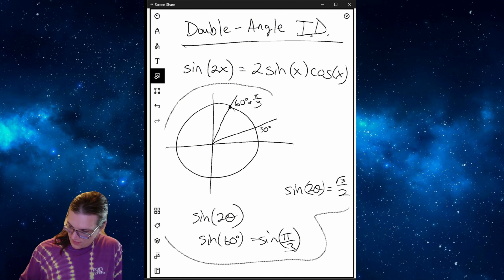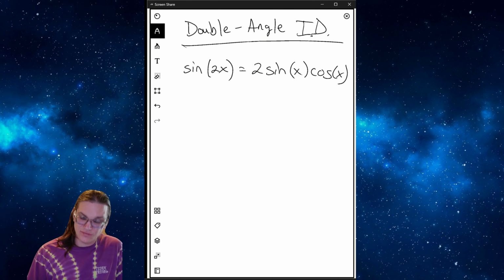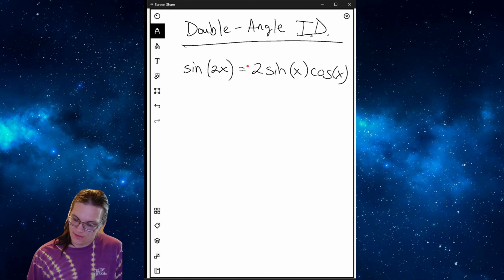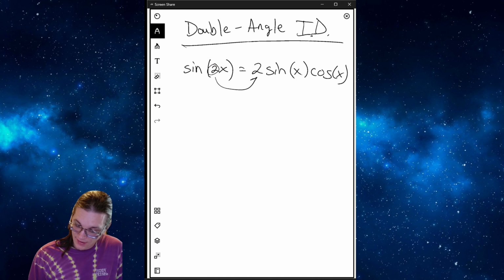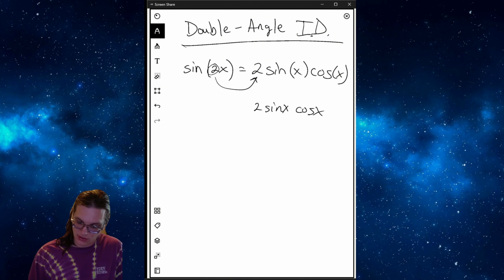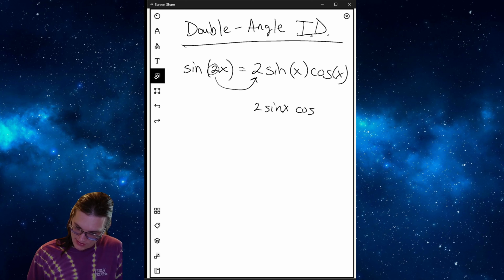But now we're going to have a shortcut, which in my opinion, this is one of the easier identities to memorize. Right, it just says if you have sine of a double angle, sine of 2 times some angle, then you can break that into 2 times sine of x cosine of x. So you won't be surprised to find out